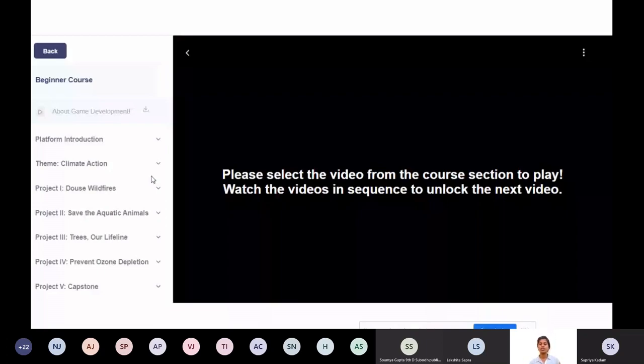So talking about it, all your game development should have a theme behind it, not just running blindly behind some train collecting coins. We should also have a good idea, good knowledge behind developing games. So that is the idea of having a theme for your game. The theme you will be following in Scratch game development is climate action. This climate action talks about forest fires, the wildfires.